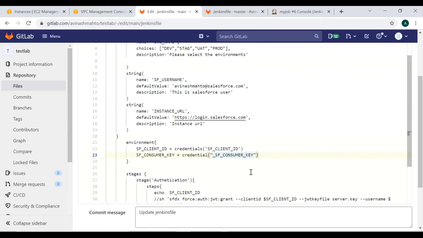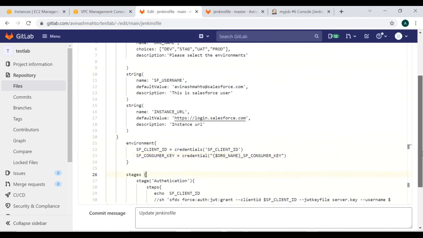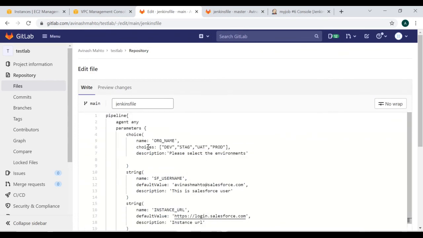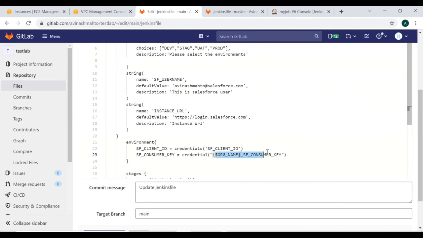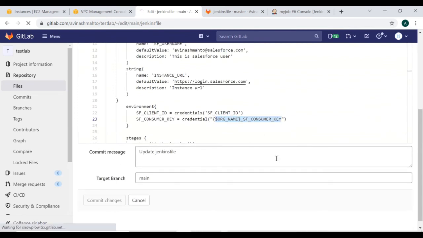Since the choice parameter is there, you can define here org name. So based on the org name, the credentials will be selected, and you can commit here.